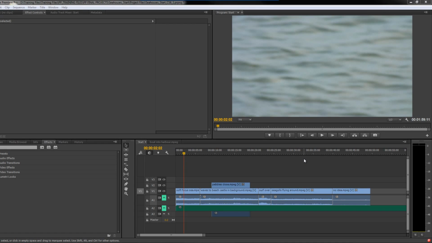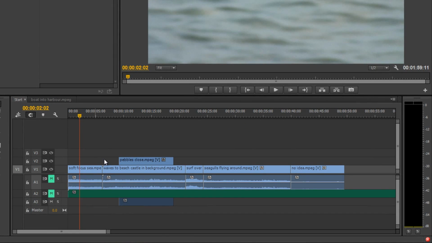Hello and welcome to this tutorial, which is looking at Premiere Pro CS Next. It's just a simple tutorial to show you that there are some changes in the timeline panel, and the changes in the timeline panel are how it looks and the way the headers work and how things are actually looking. So for instance, you can see here this audio waveform looks completely different to how it did in Premiere Pro